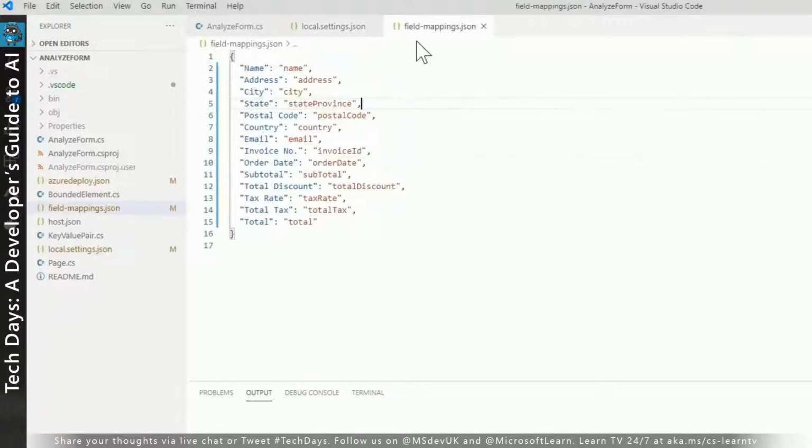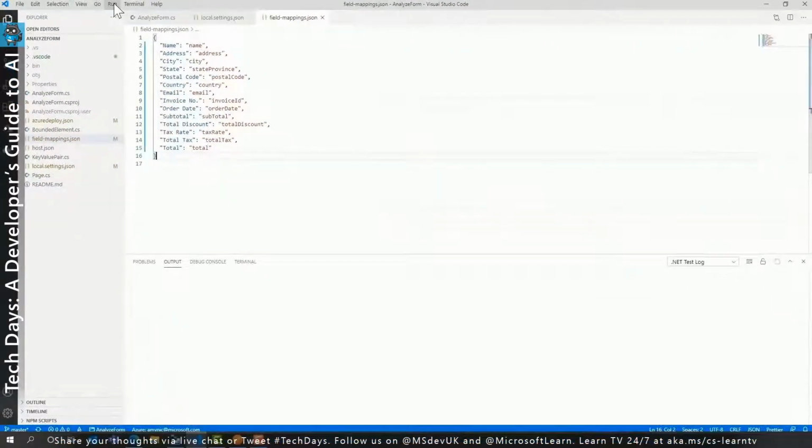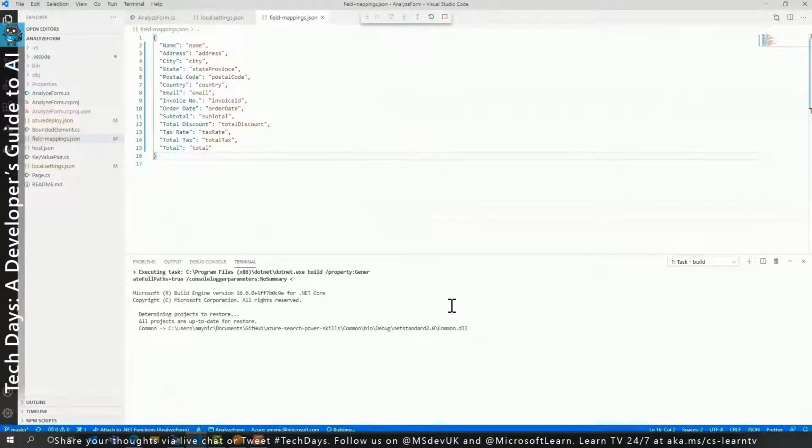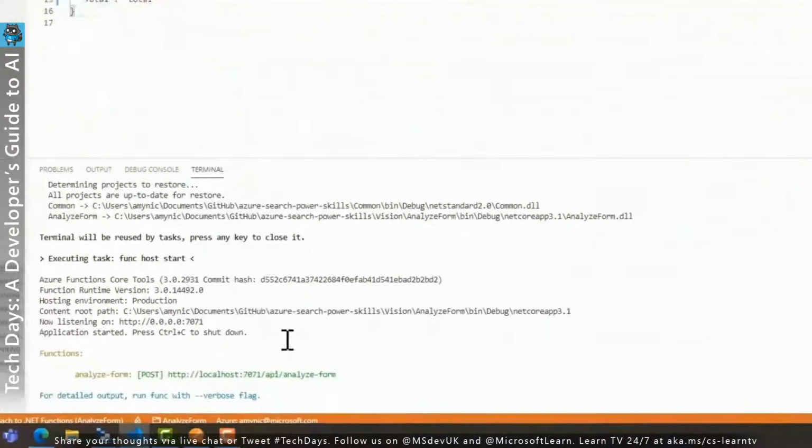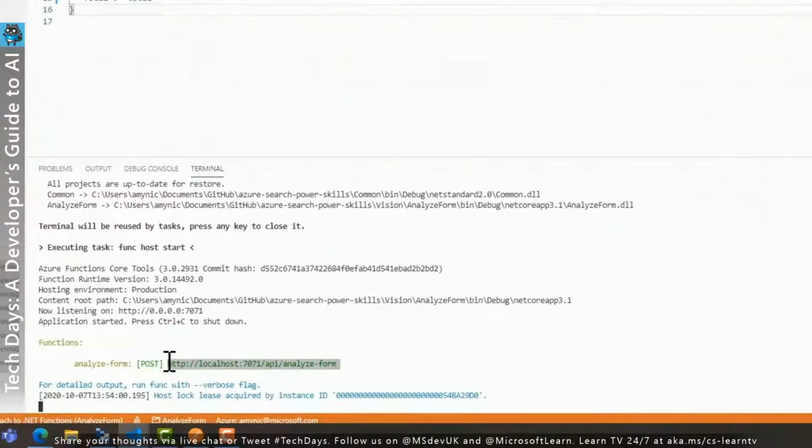And I've also edited the field mappings to meet my PDF. So we're taking things like name and address, we're taking things like invoice number, order date, as well as all the numeric values that were paid. To run this, I can go run and start debugging. This will provide me with a localhost URI that I can actually call in order to test my model